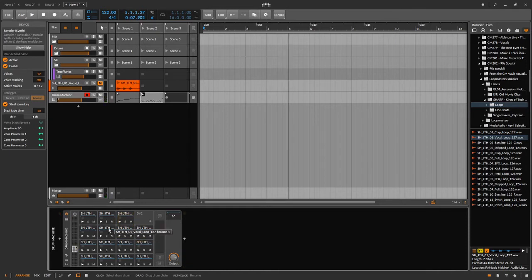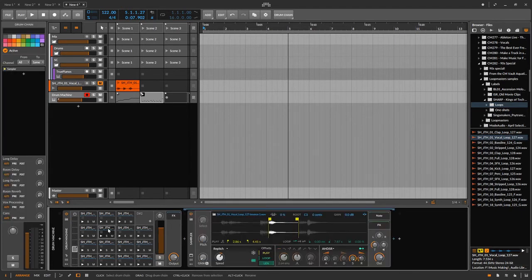Okay, so this is what I was mentioning earlier. When you do this slice to drum machine, this gives you a little bit more flexibility, because instead of just putting all the samples into one sampler, it actually breaks them into a bunch of different samplers, each on its own drum pad, if you will, there. So what that allows me to do then is, say for this one,